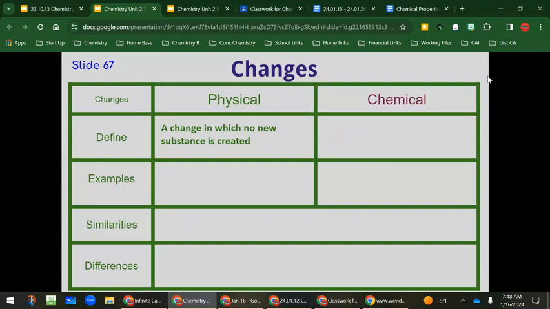What are the most common ones? The ones that happen all around us on a daily basis. Boiling, any type of phase change. So melting or boiling, cutting or tearing, dissolving. All of those are examples of physical changes. Notice we have made these into action words. Melting point and boiling point were the properties. Now the action of melting or boiling is the actual change. Being able to be cut or torn is a property. Actually being cut or torn is the change. And dissolving is a physical change.